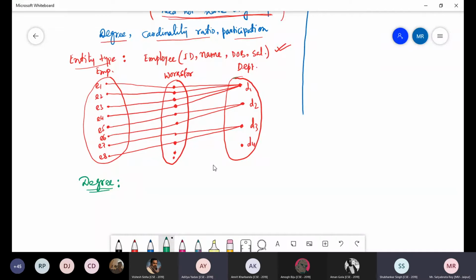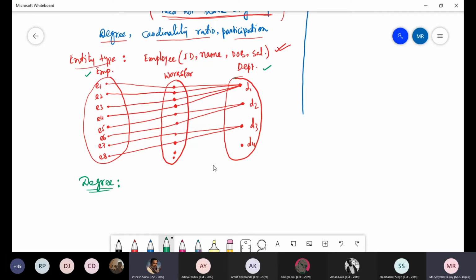Just listen to me. Degree means how many entity sets are associated with this relationship. One employee and one department, right? So how many entity sets are associated by this works for relationship?